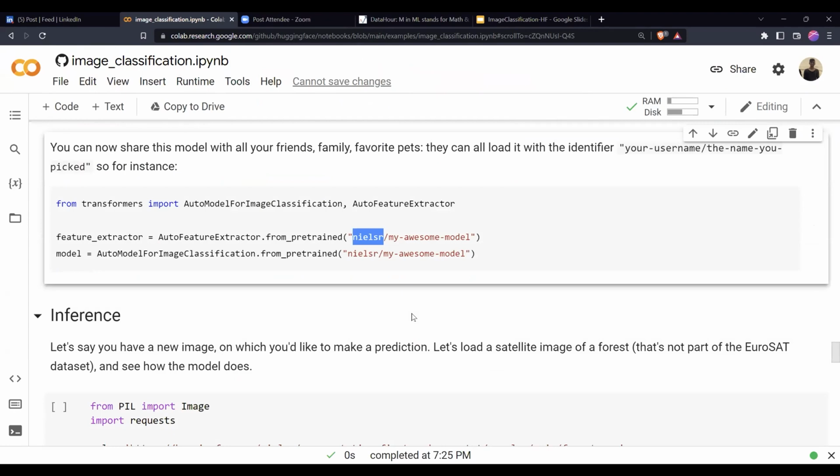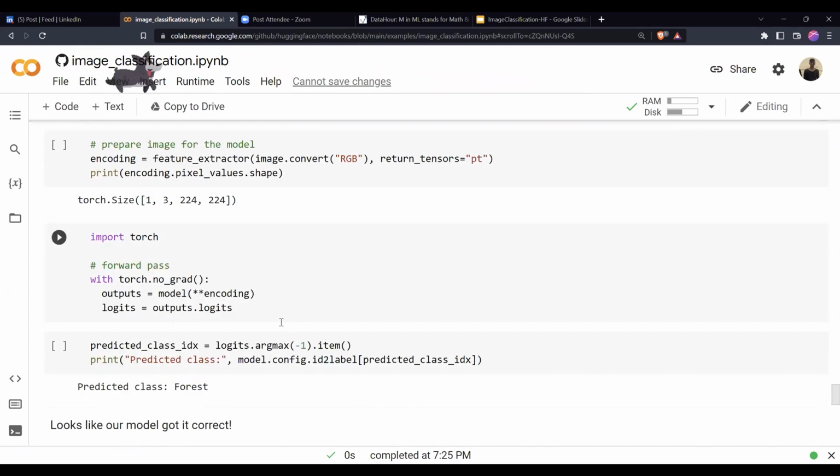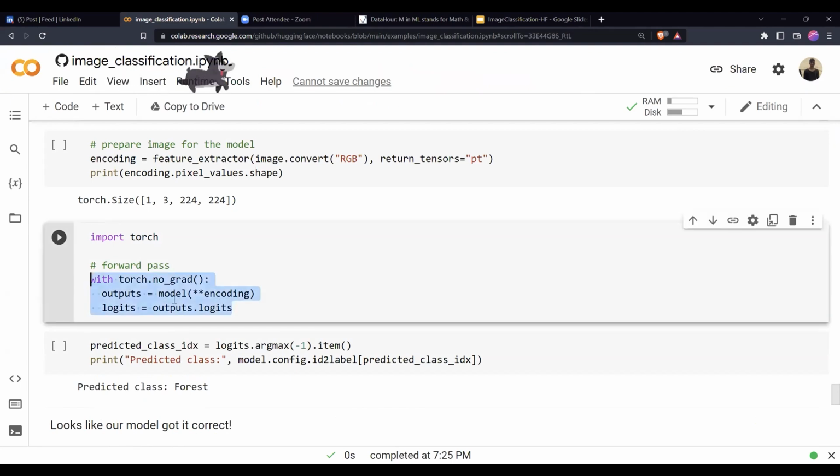Once that is done, inference is very simple. You just need to call torch.no_grad.